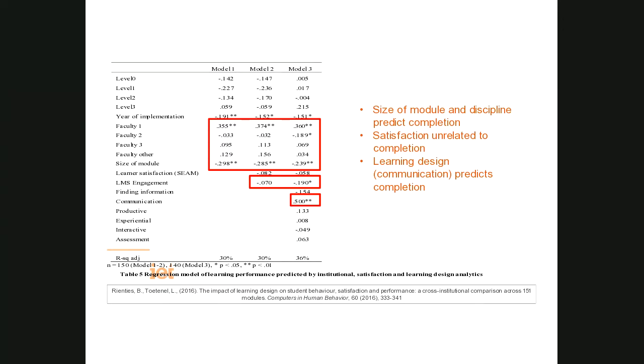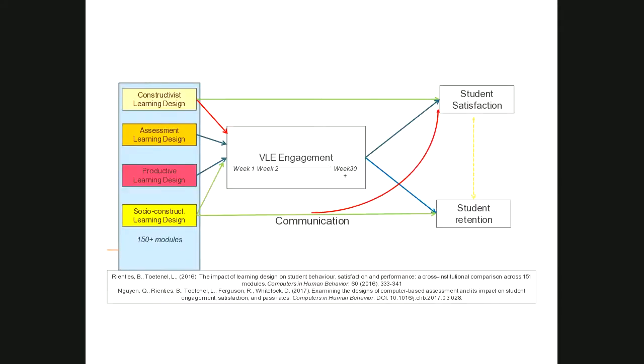But if we look at retention, the best predictor is actually whether or not teachers included communication in the design. So you get this lovely visualization where we find an interesting tension, where students seem to like the traditional constructivist learning designs with lots of stuff, lots of content. But the best design in terms of student retention at the Open University seems to be designs where there is more of the social constructivist design.